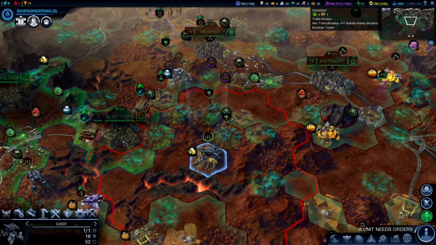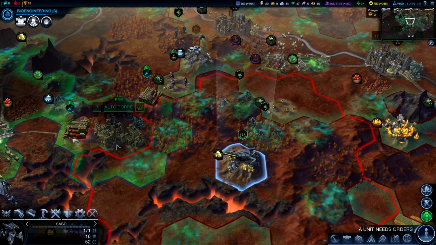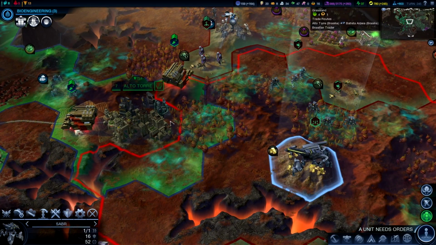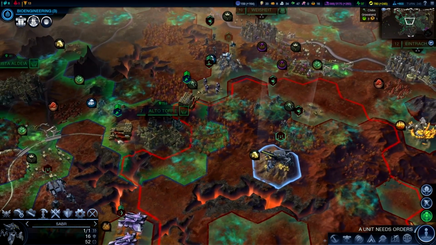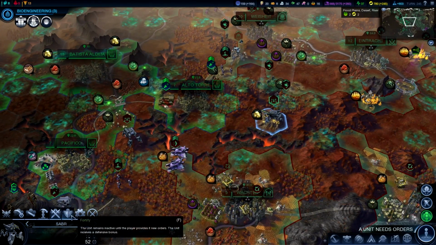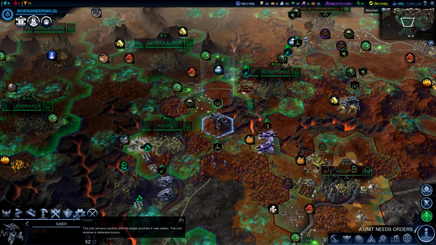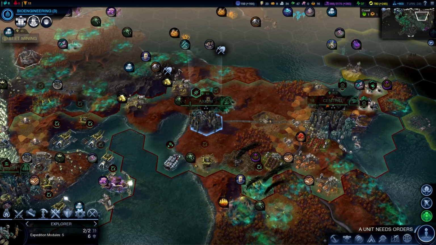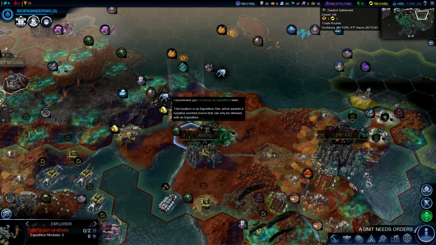My saber, it can hit the tiles either side of Alto Torre. They can't actually hit Alto Torre. I think that is because we cannot see the settlement, but once we move units into range we will be able to, so I'm going to leave the saber on that tile for now. We're going to set up that saber for ranged attack, and we're going to get this explorer to head towards